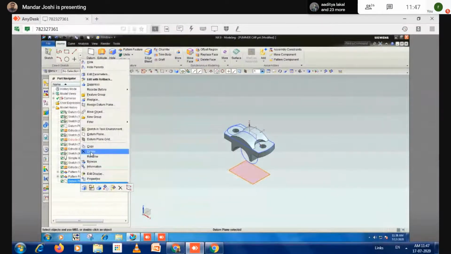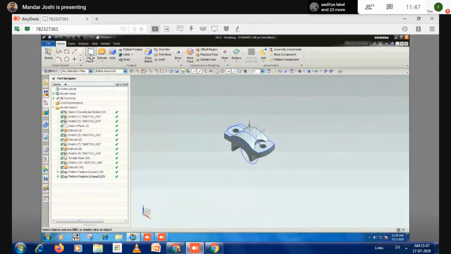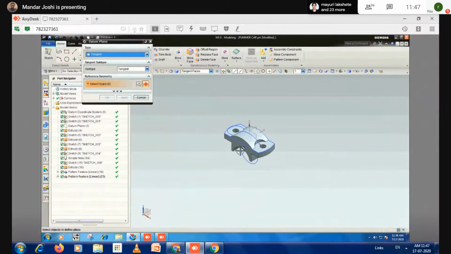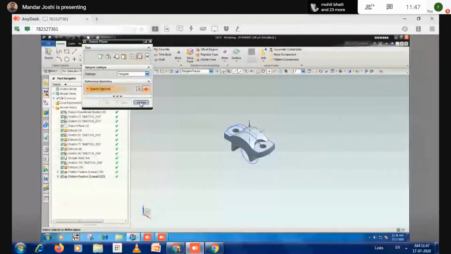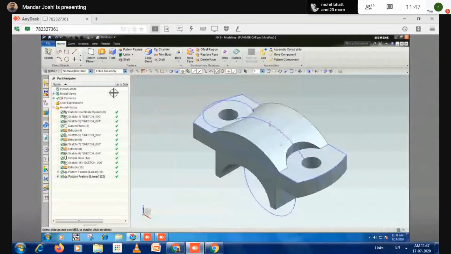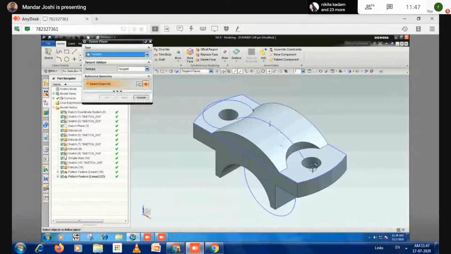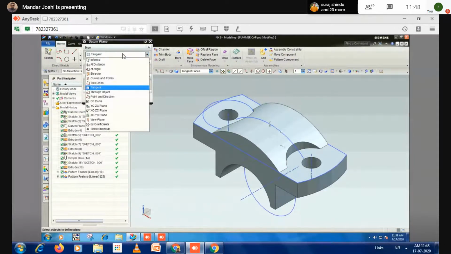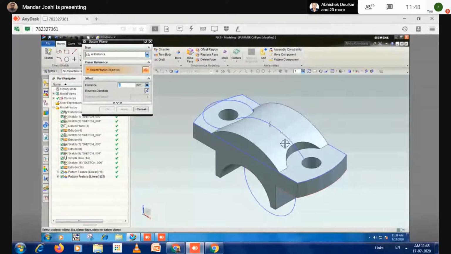I just delete this, take a datum plane, and this plane I have to offset at a distance, that value is, let's say, 50.